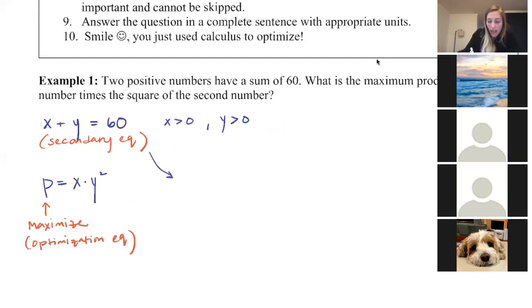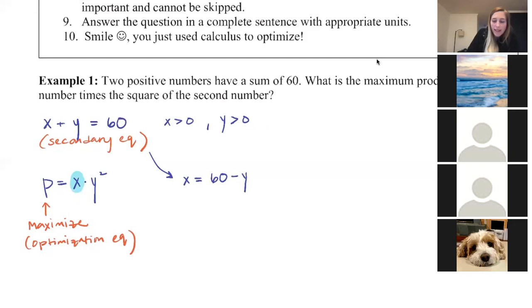So I'm going to take the secondary equation and I'm going to solve for x. You could solve for x or y, it doesn't matter. But the reason that I'm going to solve for x is I prefer to replace this x rather than replace the y and then have to square whatever I would be replacing y with and multiply that out. It's just less algebra, but either works. So if we rearrange that secondary equation, we would have x equals 60 minus y,